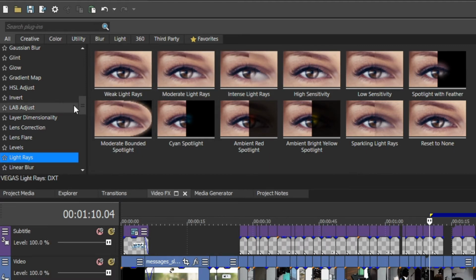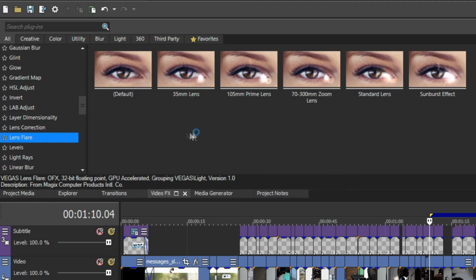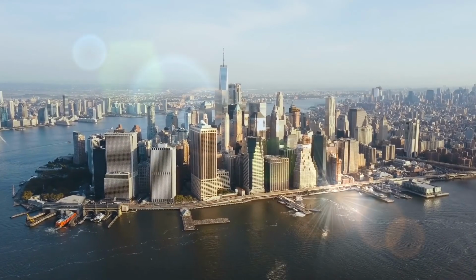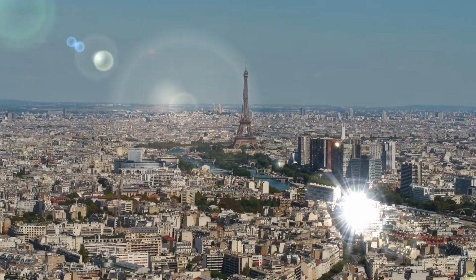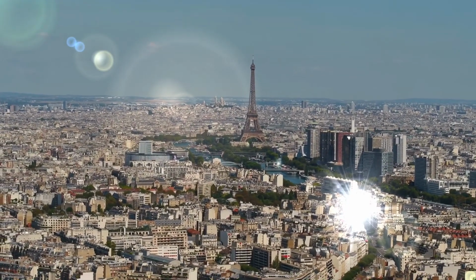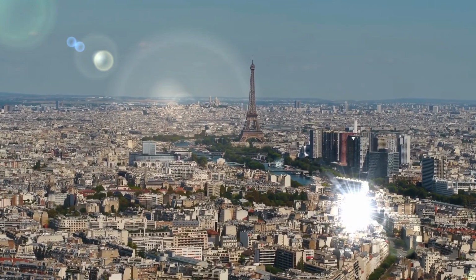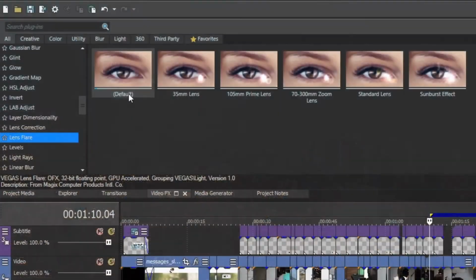For example, let's take a look at the lens flare effect. Lens flare is when there is a light source in a shot that is so bright it scatters into the camera lens, creating the effect of multiple circles of light in a shot, and it is generally used for stylistic purposes. Under this specific effect, you have 6 choices as to what kind of lens flare you want. In this case, being able to see the difference between these 6 different types of the same effect is super convenient. You can just choose the one that you want with just a glance.